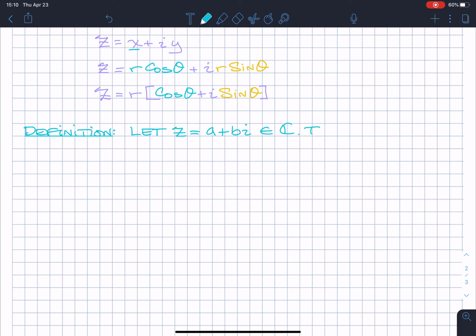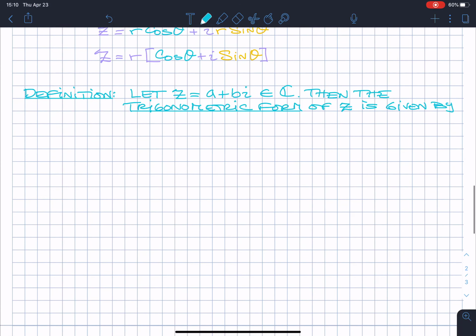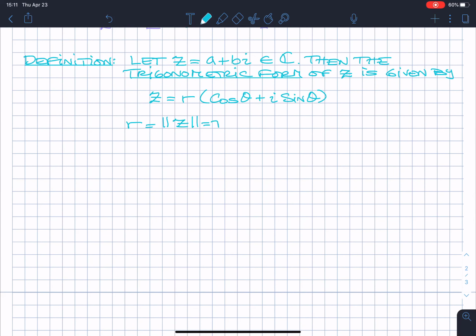Then the trigonometric form of z is given by, so we're defining the trigonometric form, z is equal to radius r times the quantity cosine of theta plus i times sine of theta, where r is the magnitude of z, the radius, which of course in this case is the square root of a squared plus b squared,